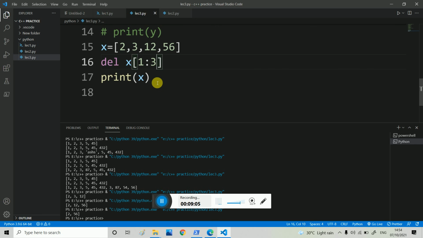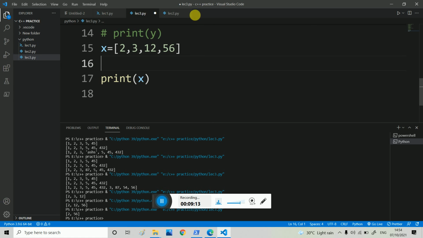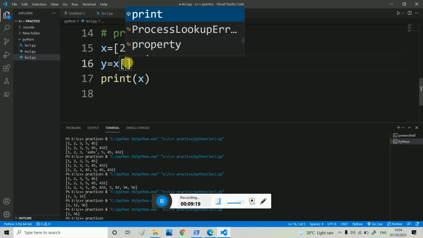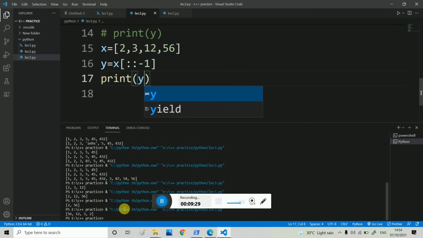So let's learn new things. I delete this and I want to reverse the string. I already told you about the method, that is y is equal to x of minus 1. This is used to reverse the string, so I simply write y. This will reverse it.